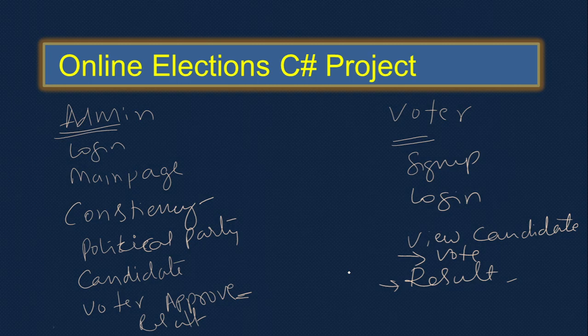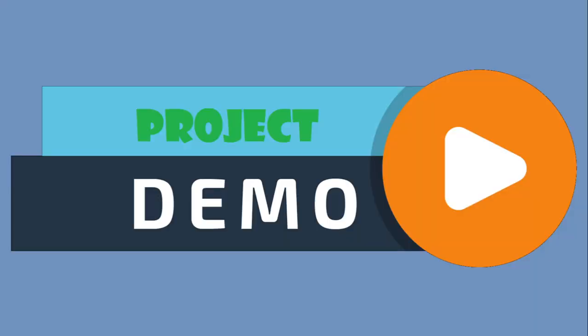Today it's the ninth, and last week there was a lot of chaos in the US. The US election took place and there were a lot of difficulties in getting the result. So in order to solve all these things, we need to come up with an online project. We can vote via mobile phone, so it can be done instantly and we can reduce a lot of problems. But when you make it online, there may be some kinds of problems, but they're not major. We need to find out how to figure them out and solve them. Then probably you can solve that also. So let's see how we can make this project in Visual Studio 2019. I'll show the project demo now.